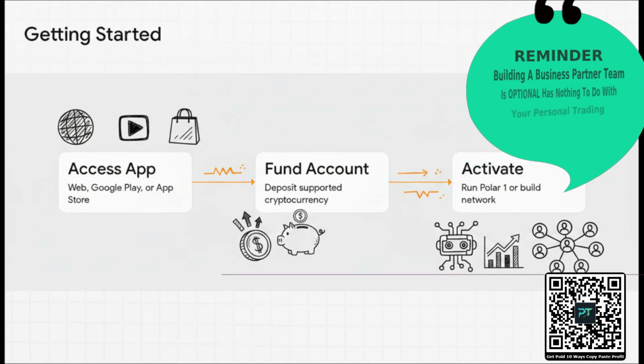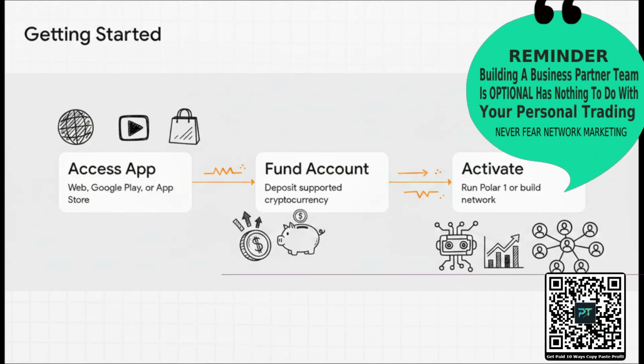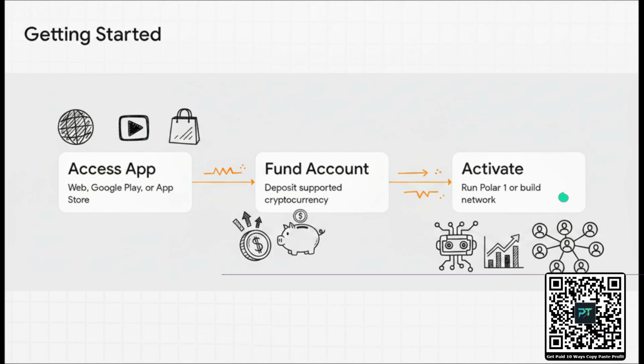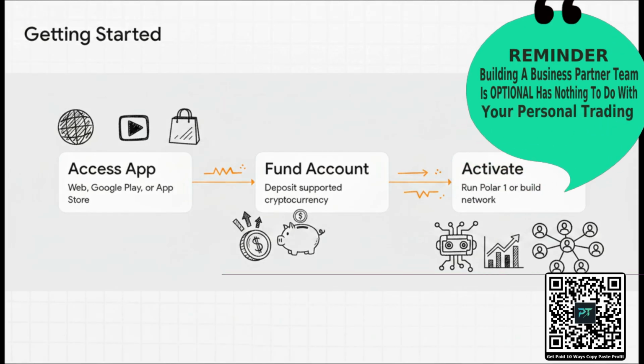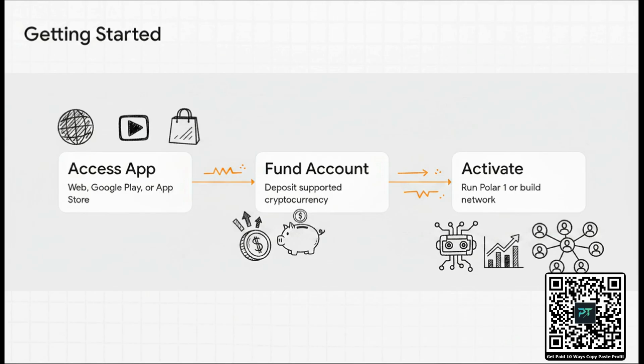So, if someone is looking to participate, how does it practically work? The onboarding is laid out in a few straightforward steps. You just access the platform via their web portal or mobile apps, you deposit your funds, and then you have a choice to make. You either simply let the Polar One AI run your trading autonomously, or you actively start inviting others to build out your reward network.